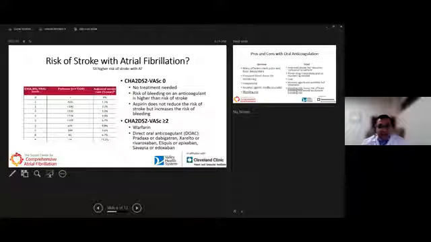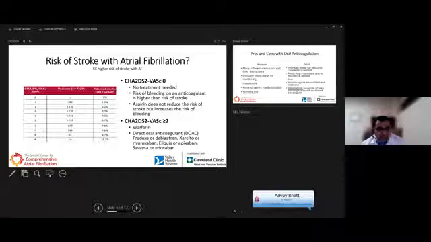So ultimately, how do we reduce this risk of stroke? The primary way we think about this is with blood thinners, but be mindful that blood thinners, by virtue of how they work, thin your blood, prevent blood clots and prevent strokes, but they also increase your risk of bleeding on the other hand. So we have to balance those risks, and depending upon someone's risk score, we may choose to put someone on blood thinners or not. And here's a simple risk score that we use for all our patients with atrial fibrillation